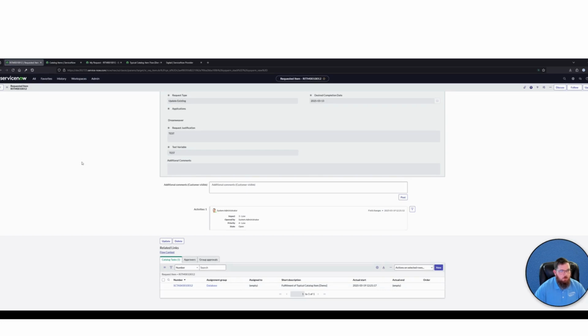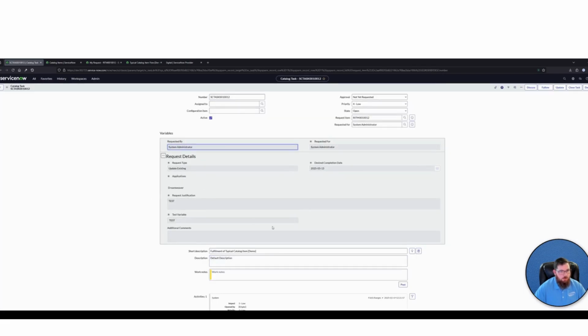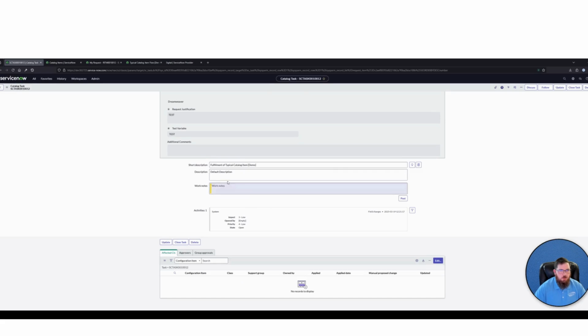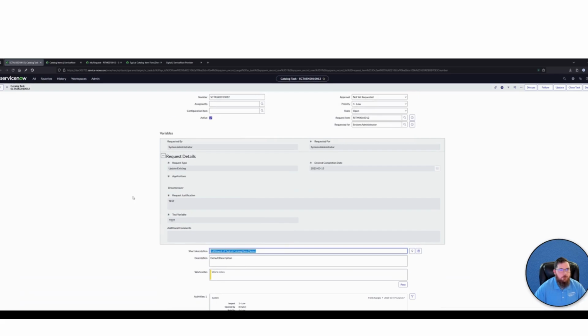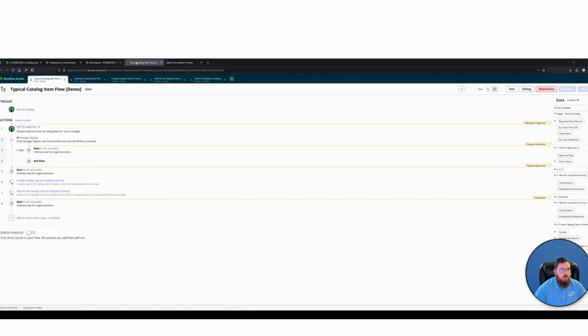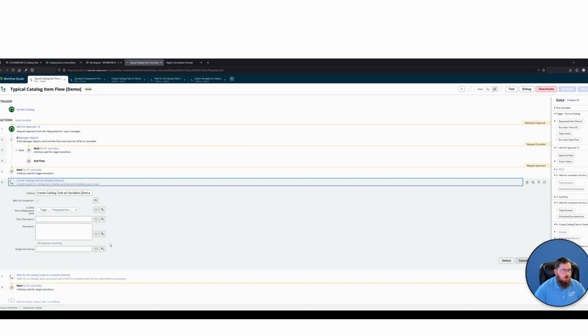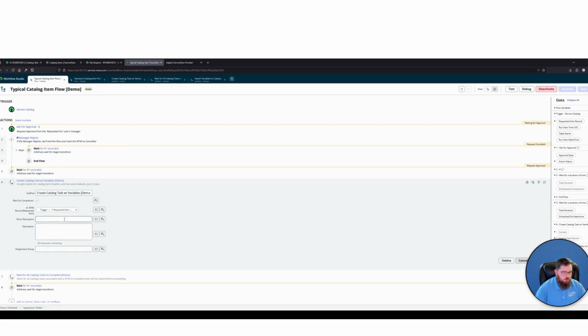It's to the correct assignment group. It has a correct short description, so we're good there. And it has our variables. So this is now pulling in that default description, our kind of default short description. But the great thing is, since we're using this in a non-standard flow of sorts, we can modify some of that. So we want our short description to be